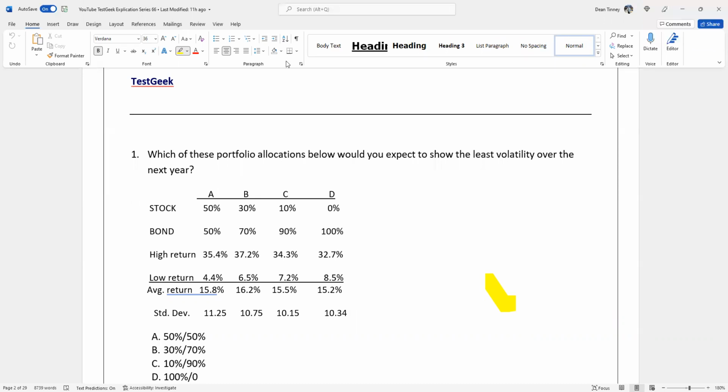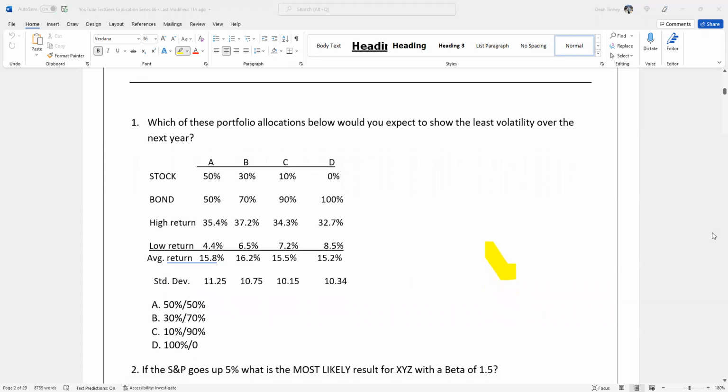Okay, which of these portfolio allocations below would you expect to show the least volatility over the next year? So I like what Brian's done here. I like the test. He's giving you a lot of stuff that has nothing to do with answering this question. What you're getting tested on in this question is standard deviation. And standard deviation is a measurement of volatility. And so we're just going to simply look at the answer set and find the one that has the lowest standard deviation, which in this case,